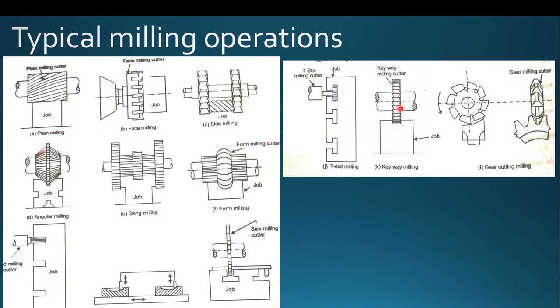The width of the cutter is somewhat higher when compared with the saw milling cutter. And the gear milling cutter is used to cut the gears in the milling operation. So the gear manufacturing can be done in 4 different ways. Gear milling is also one category of gear manufacturing process. The rest of the types of gear manufacturing can be discussed in some other topic in future.